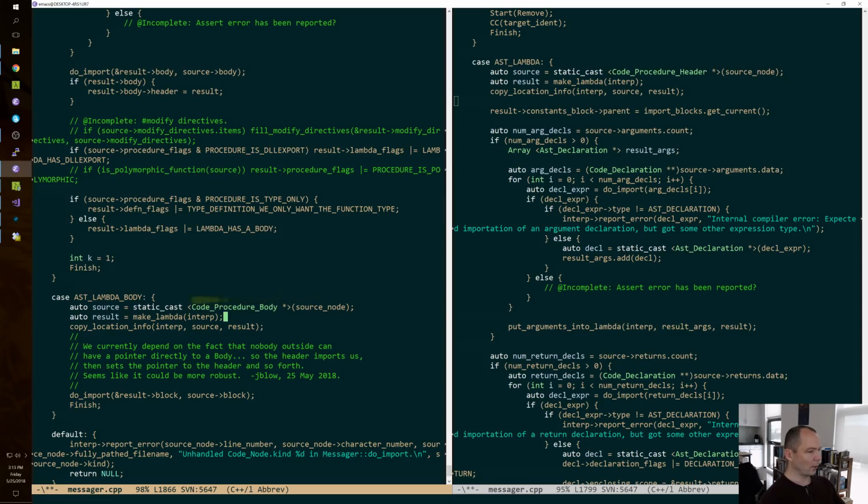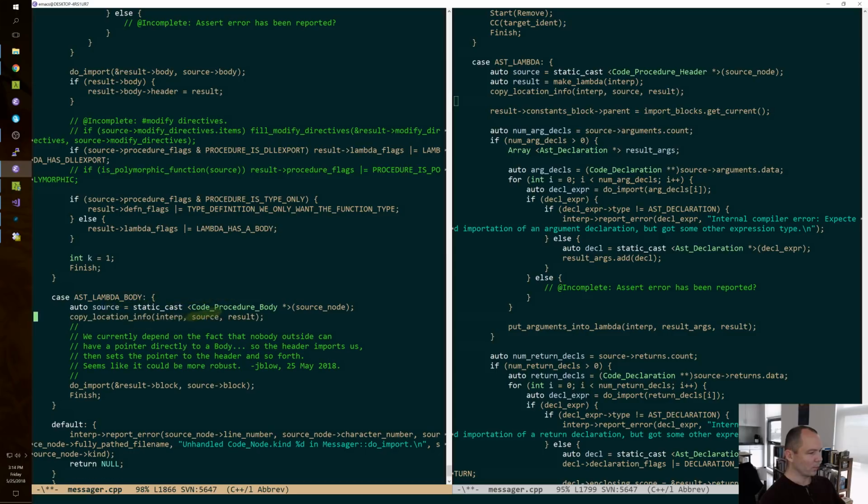Oh, because, right. Oh, fudge. So the problem here is that our make lambda, which is what we started this session by changing. Well, first we started by changing the header file, then we did make lambda. This thing allocates the header and the body and points them at each other. Oh, so I don't need to point these at each other. Right. But the problem is,